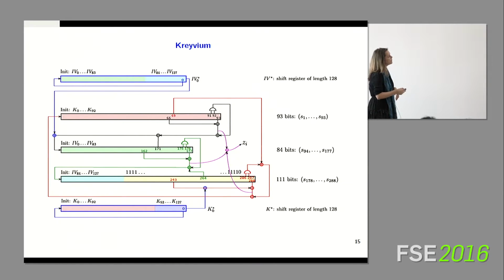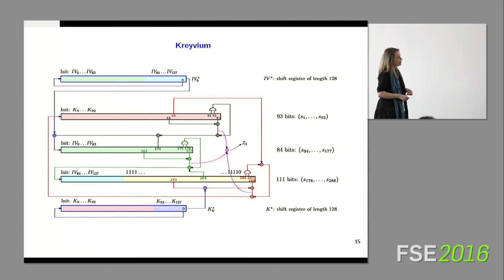So what you have in the middle here, this is the original Trivium, but we have two additional registers, one corresponding to the IV and the bottom one corresponding to the key. These two registers, as you can see here, are mere shift registers. So we just shift the register and the feedback bit comes here. But what happens is that the key bit coming from this shift register here is XORed to the feedback bit, which enters the first register. And similarly, the IV bit outputted by this register is XORed to the feedback bit going into the second register